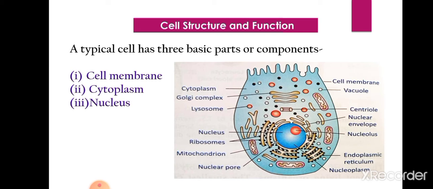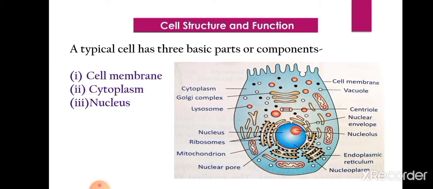systems constitute an organism. Now we will study about cell structure, means what constituents are present in the cell, how many things the cell is made up of, and what are the functions of these structures which are present in the cells. So when we have studied about the cell, then we have seen that